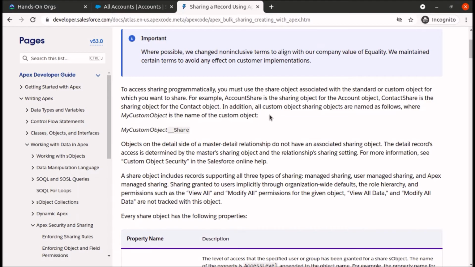So if we have an object called account, then we also have a sharing object which is named as account share, and if we have an object called contact, then we have a sharing object named contact share, and if we have some custom object named my custom object, then the sharing object for my custom object is my custom object share. So we will be using the sharing object to share a record with other users.